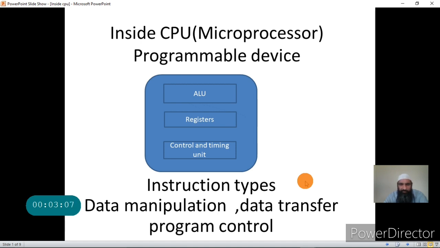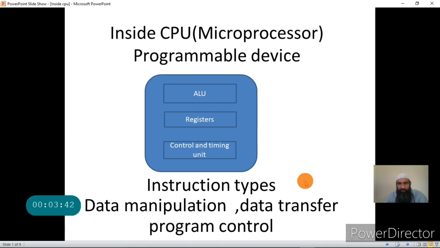For example, if we give the arithmetic instruction to the processor to add two numbers, it will perform the calculation on the two numbers. Now, it might have seemed to you that the instructions are mainly of one type, that is data manipulation. By data manipulation, I mean calculations like addition, subtraction, multiplication.